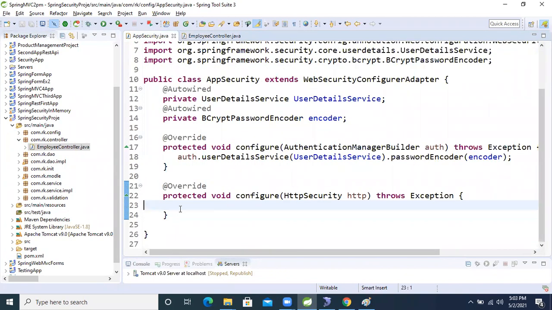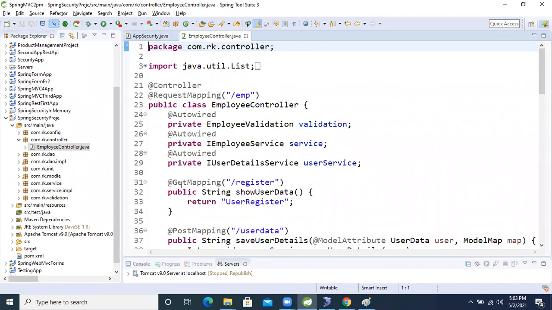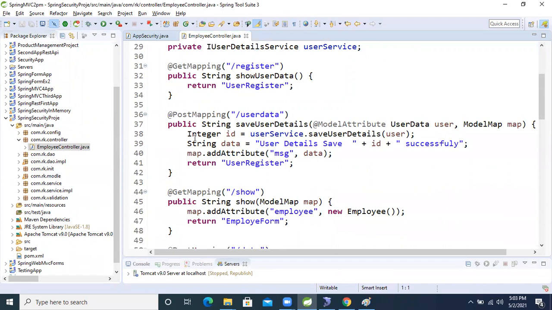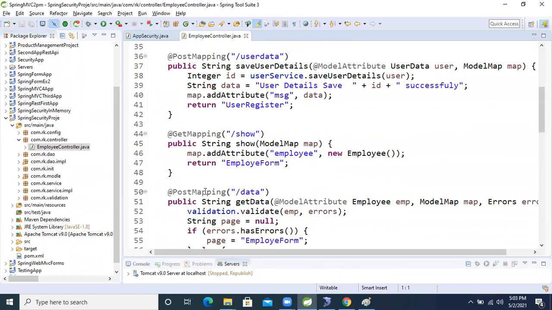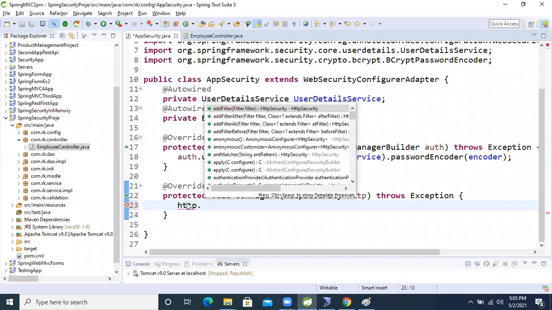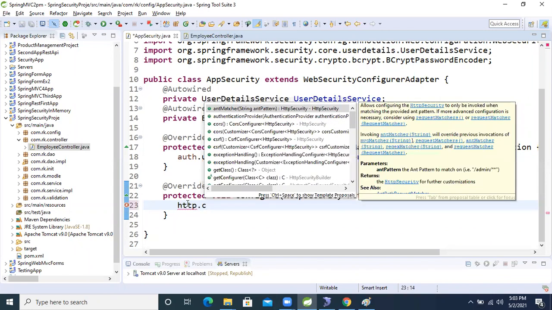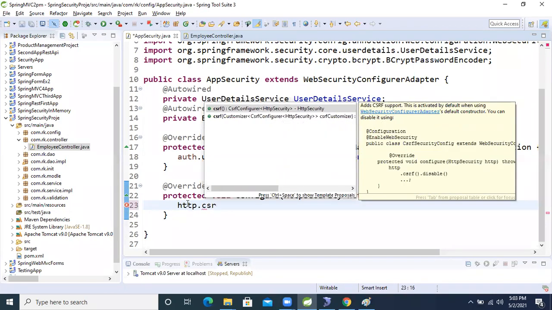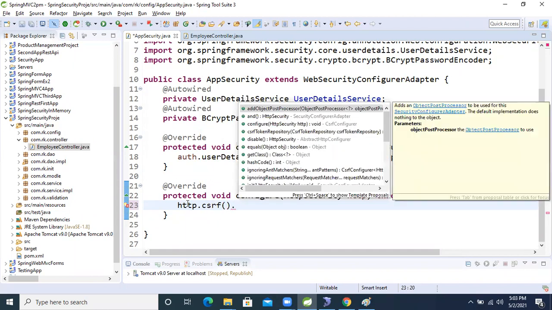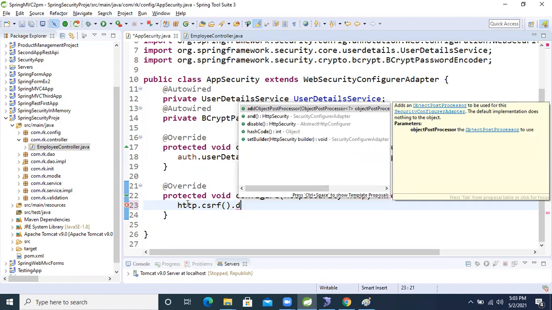But before doing that, guys: if only GET is there, then there is no problem. But here we are using different methods, GET and POST both. To activate both, we will do http.csrf. CSRF is enabled by default, and we need to make it disable, guys.